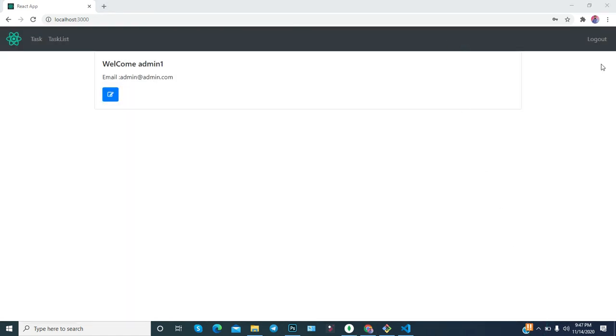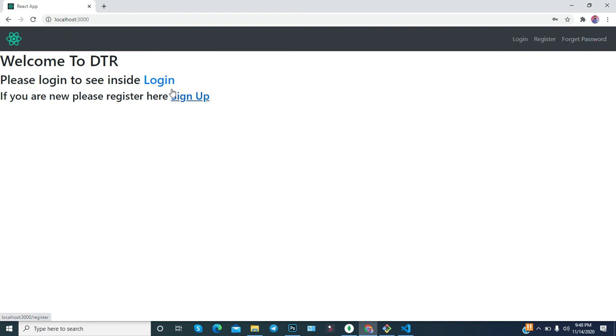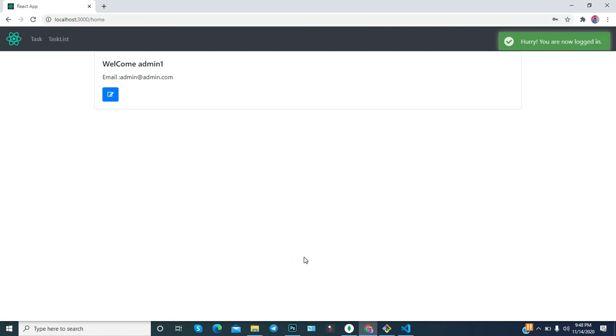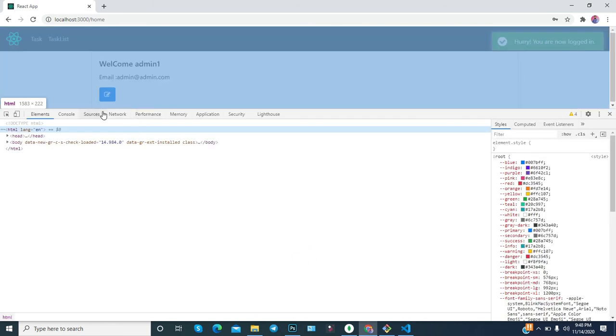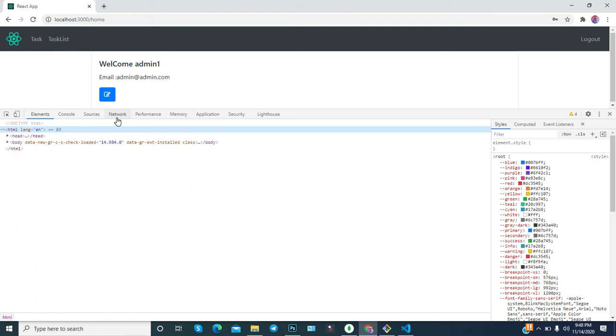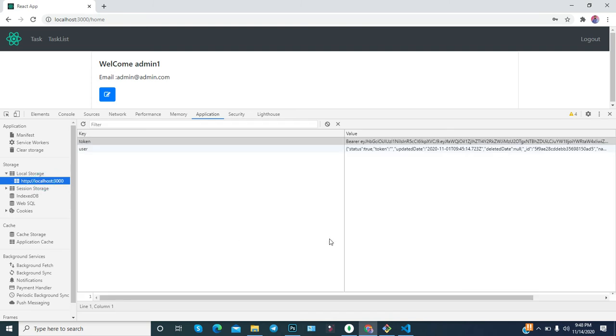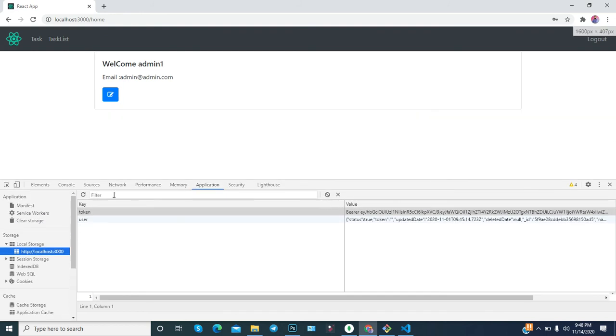If I log out, and click here on login, then the front end will get one token, and you have to register that particular token maybe in the cookies or in the local storage, anywhere in your browser. The front end part will do like this, and the next coming requests will carry the token, and they will verify the token first and then proceed with your request. So this is the basic process of the authentication or JWT authentication.